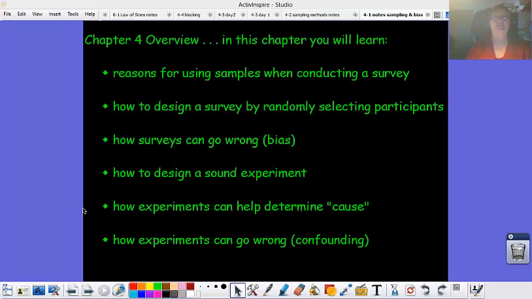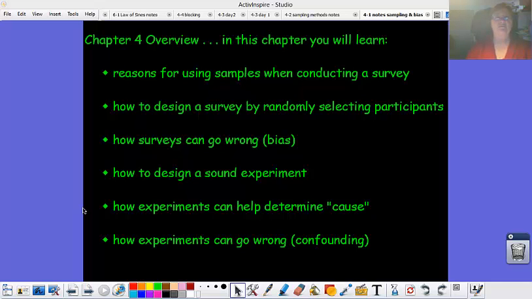Hi, this is our first lesson in Chapter 4, and our Chapter 4 is all about sampling and experiments. As we look at this chapter, you can see a list here of the things that we'll learn. Why sample when you're doing a survey, how to design a survey by randomly selecting participants, how to perform a survey by randomly selecting participants, how surveys can go wrong,